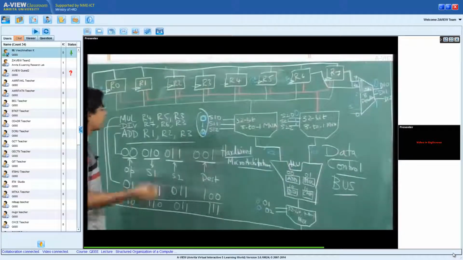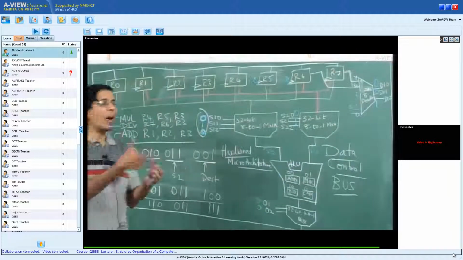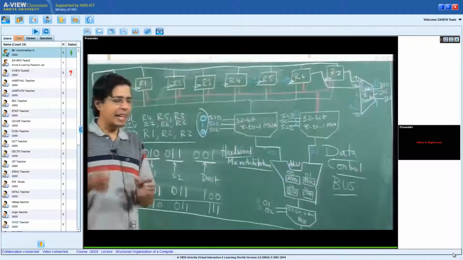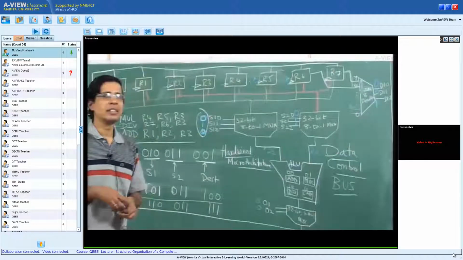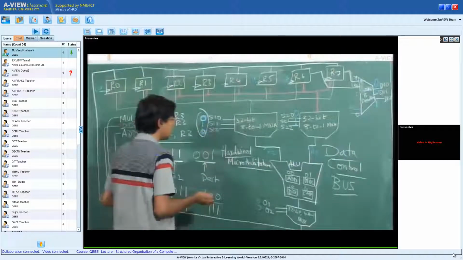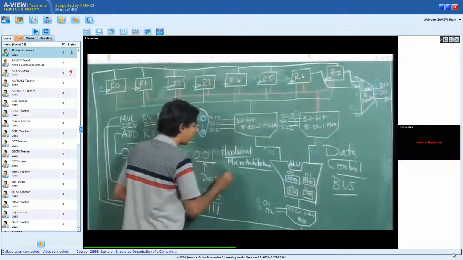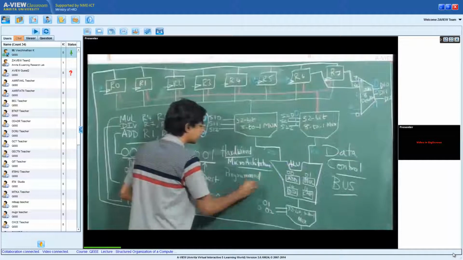But instead, the moment this code comes, you go and look up into a table, and the table will output these control signals, then it is called a programmed microarchitecture.